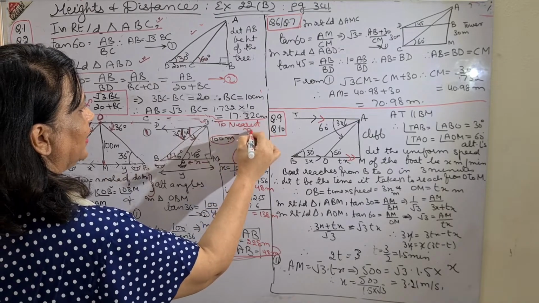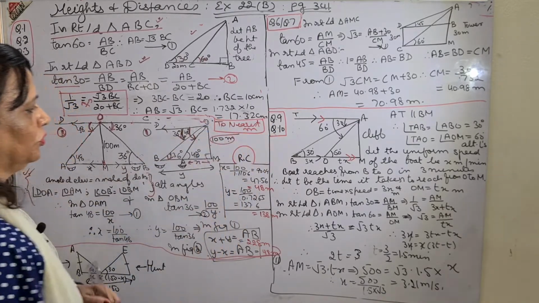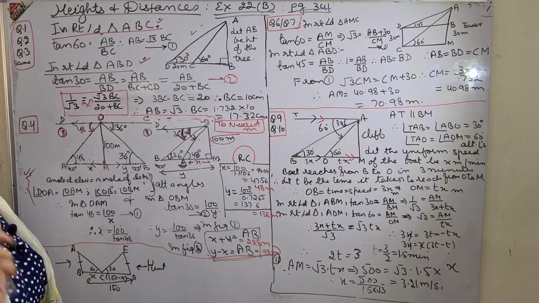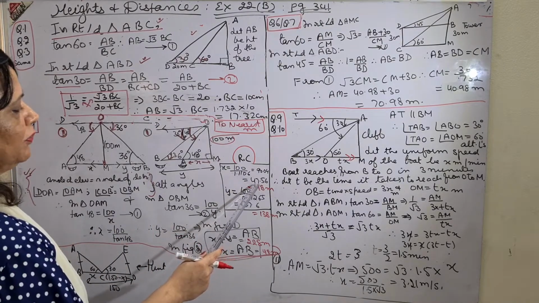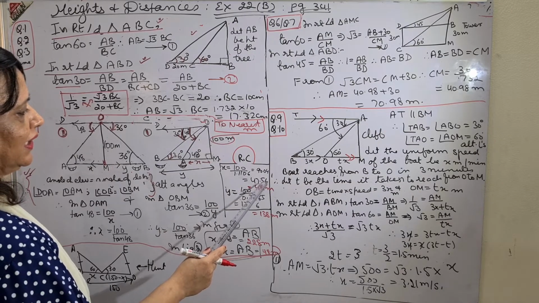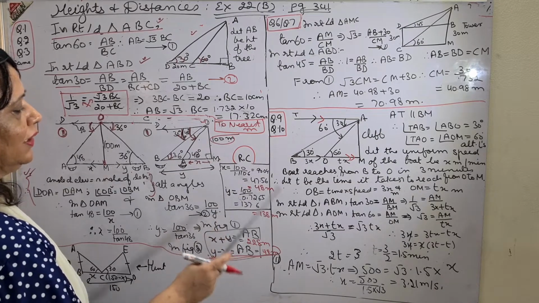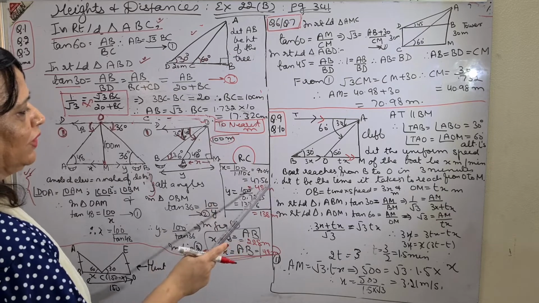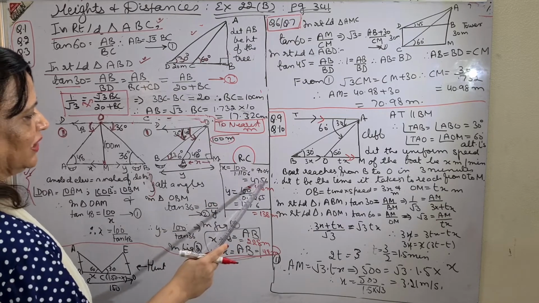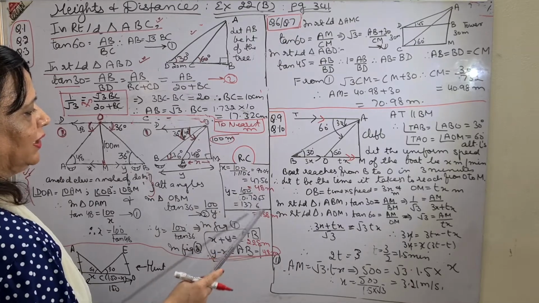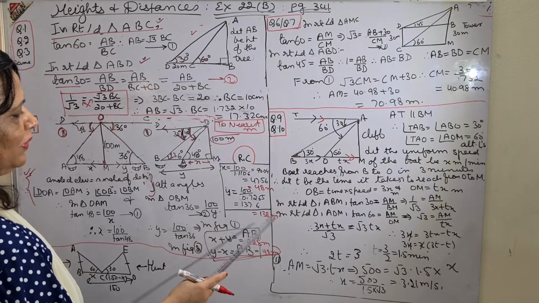To the nearest meter they have asked you. So you have to go to the nearest meter. I have already made you understand. Nearest meter means only taking the integral part of the decimal. But in this case, 0.5 or bigger than 5, you will round off the previous number to one bigger. So 47.56 will become 48. Similarly 137.56 will become 138.